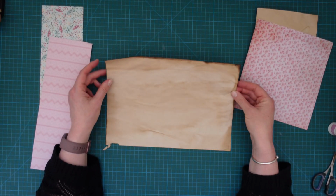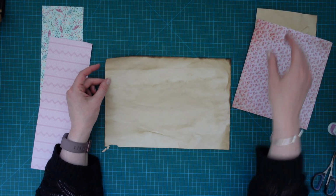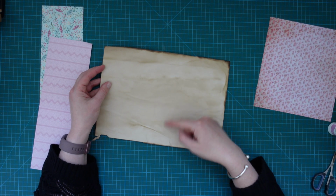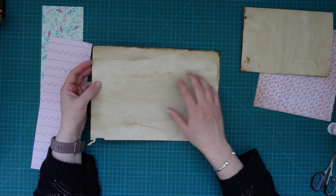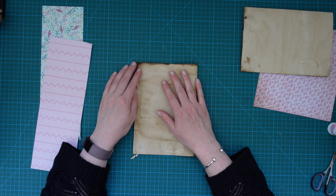So we're going to take a piece of paper first of all, and it's going to be big enough to fit in here. So height wise, that's a snug fit. You could make it smaller if you wanted to, but I am going to make a belly band for the page. Now what we're going to do is fold this over